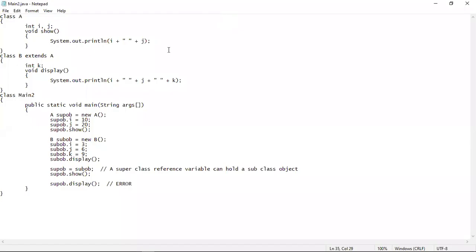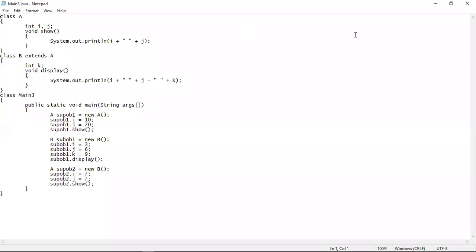Now let me show you the other two ways how you can implement the same concept. So this is the same program that has been modified slightly here in the shaded part. This is the superclass A, which has the same thing inside it, so I'm not going to explain it anymore. This is the same subclass B, and the same contents are there inside it. This is also simple inheritance, because here only one superclass and only one subclass are involved. And this is the main class. Inside it, the main method is there.